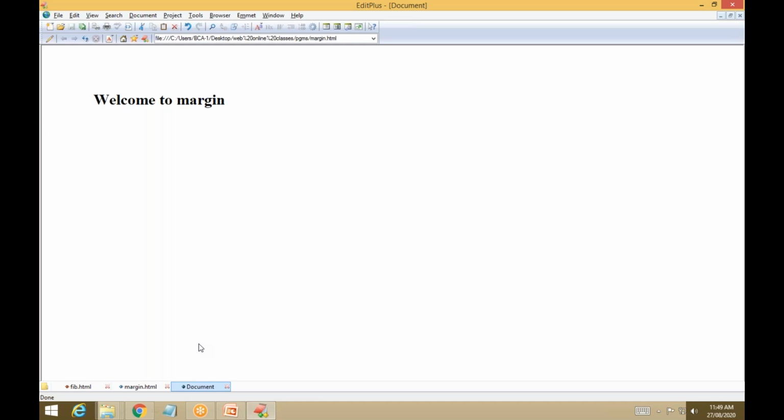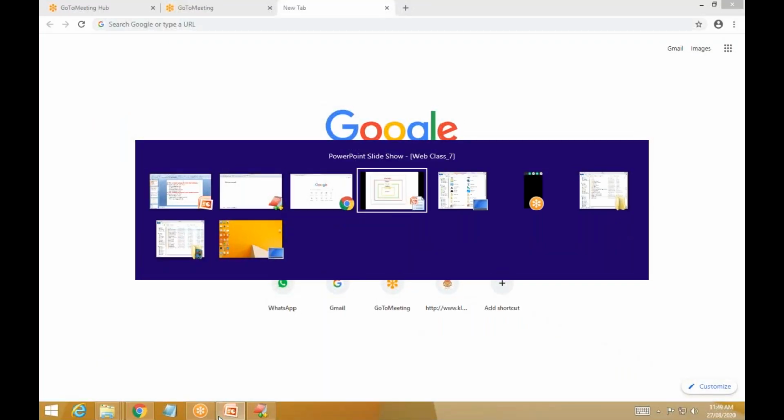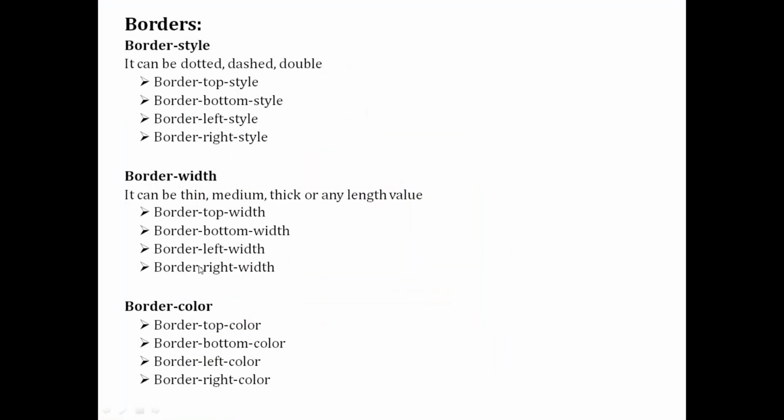For that you have to use some other property, the border property. There are so many border styles you can apply, border width you can apply, border color you can apply. These are the borders: one is border style, border width, border color.